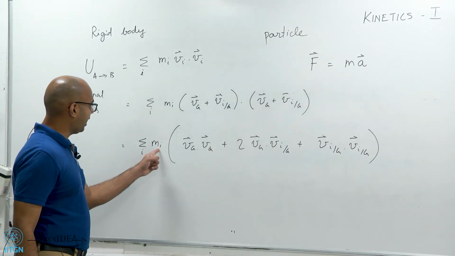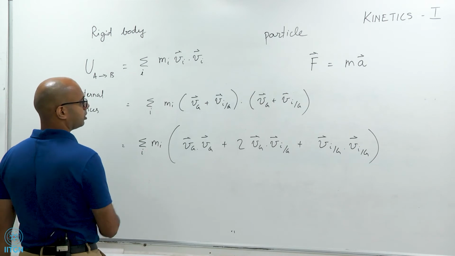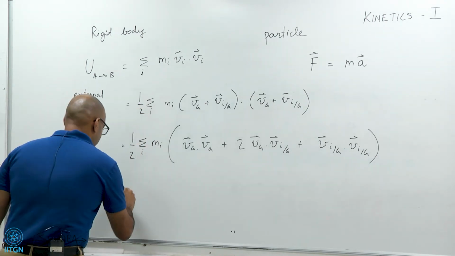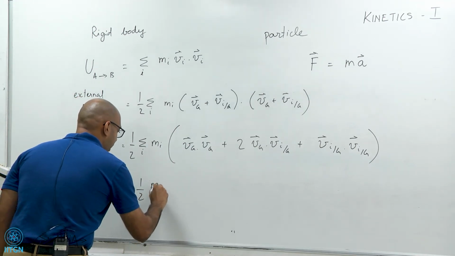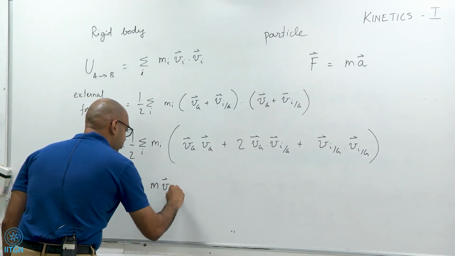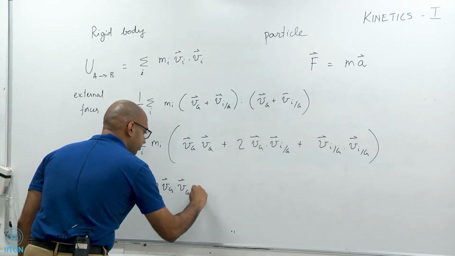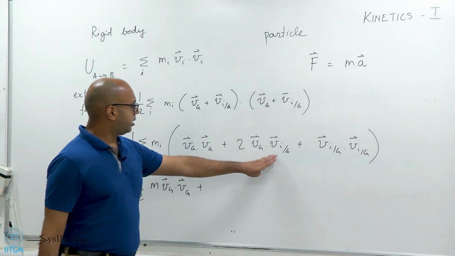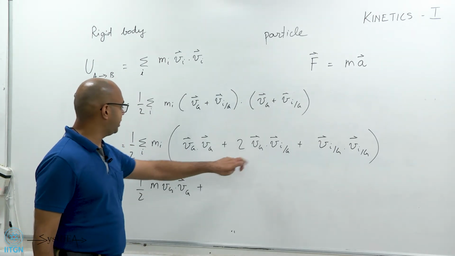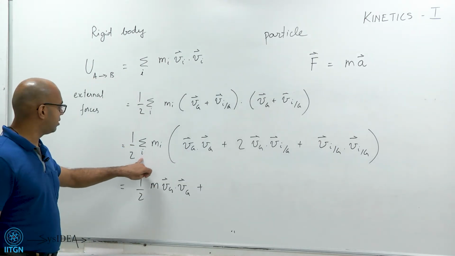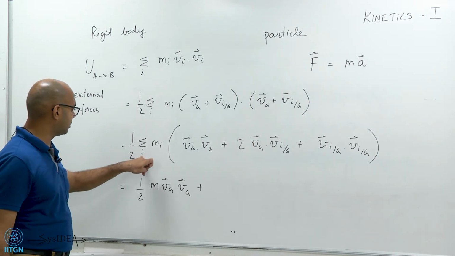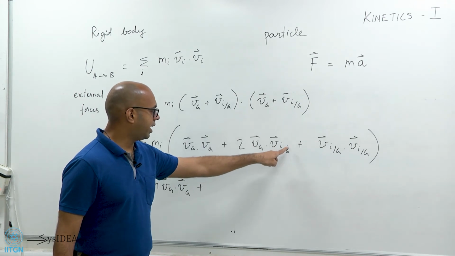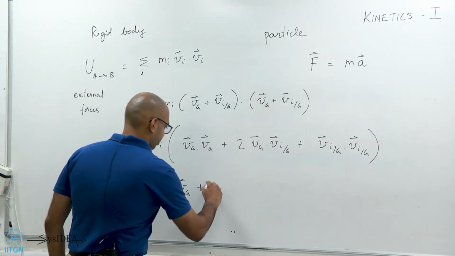Sum over i of m_i, oh sorry, I'm missing a half. This becomes half m Vg squared, the first term, plus the second term. If you will notice, this Vg is independent of the summation. So I can really do sum over i of m_i V_i with respect to g. So I can write,